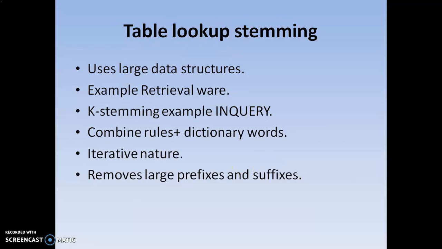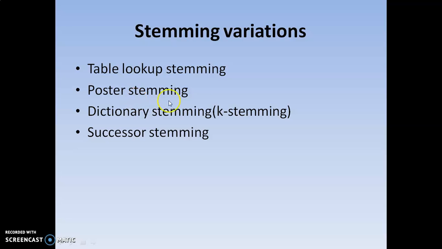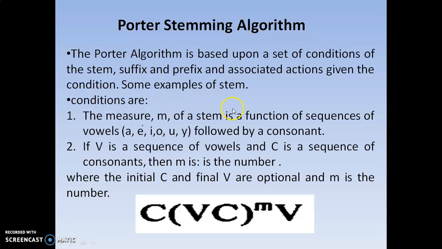Next, in table lookup, we have the Porter stemming algorithm. So what will this Porter stemming algorithm look like? The Porter stemming algorithm always works on the alphabets. Normally we have 26 alphabets in the English language, and some of them are consonants, some of them are vowels. So it divides the entire set of letters into consonants and vowels. The vowels here are A, E, I, O, U, Y. Y is also considered a vowel here, but actually it's a semi-vowel.